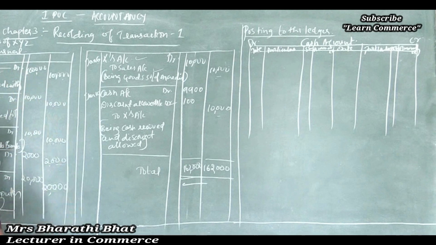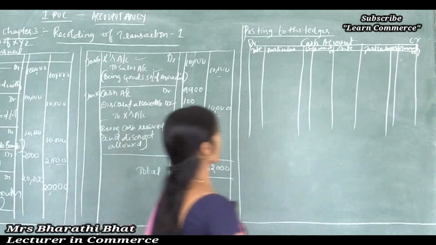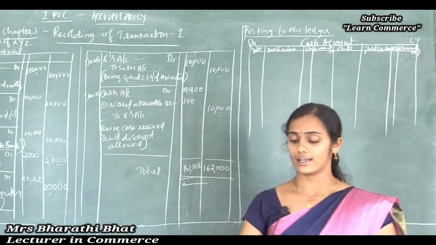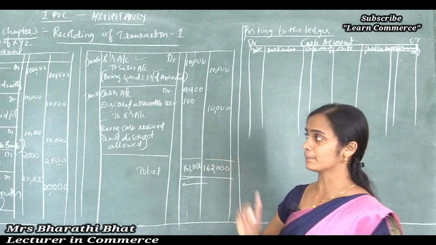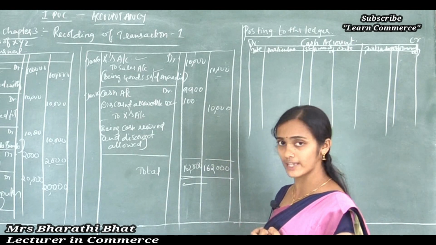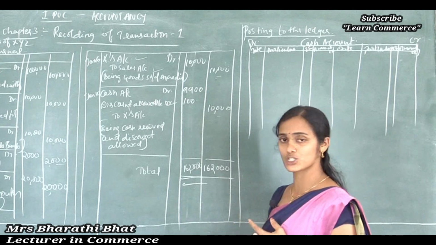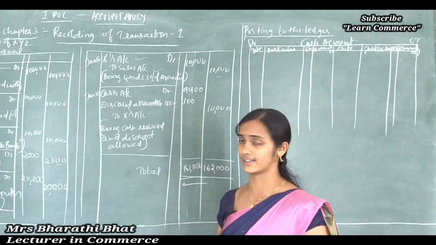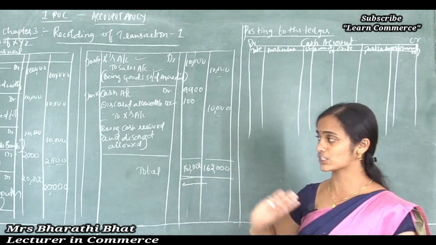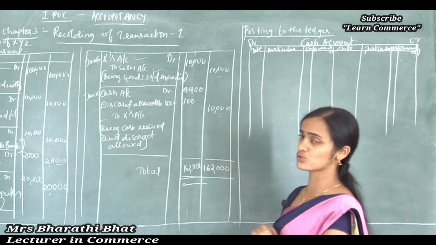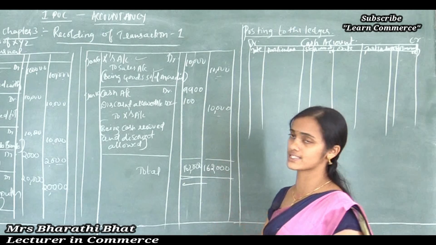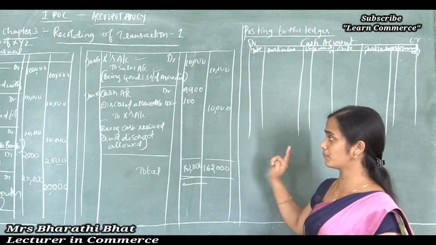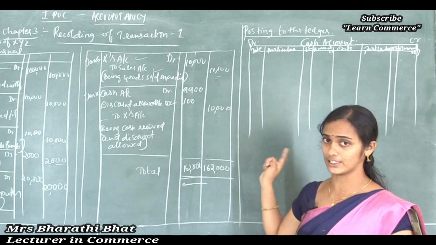Getting my point? How can we post these journal entries to the ledger, to the concerned individual account? Here, cash account showing debit value. Correct, right? Cash account showing debit value, and we should search the cash related transactions. Like cash account, first one, second purchase to cash affected, next bank to cash, third one also affected to cash, wages to cash, that one also recorded here, computer to bank account, it is not affected to cash account, so we need not touch that fifth transaction. And X to sales, no. Cash, discount allowed to X account, yes, it is affected to cash account.